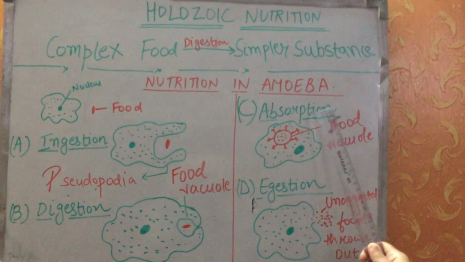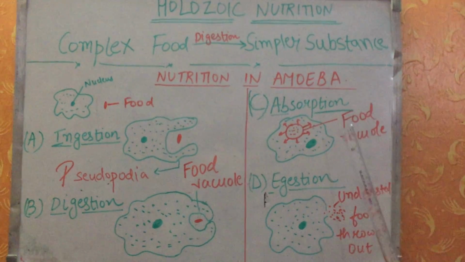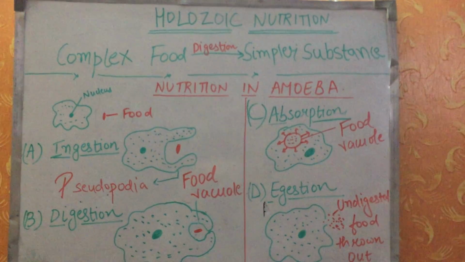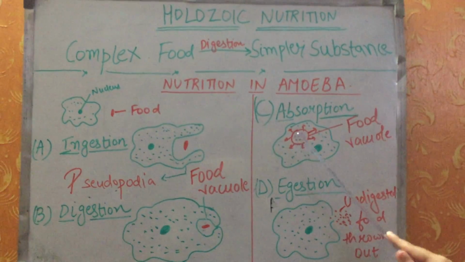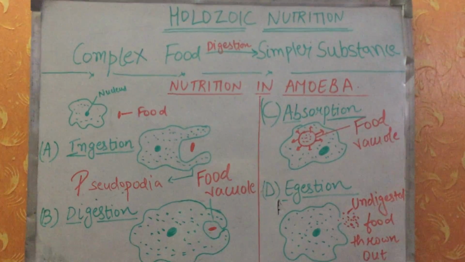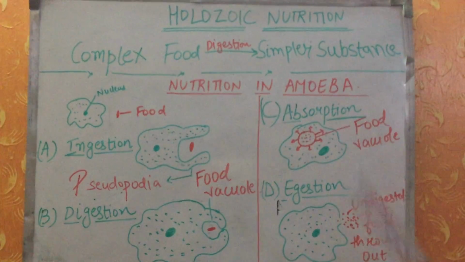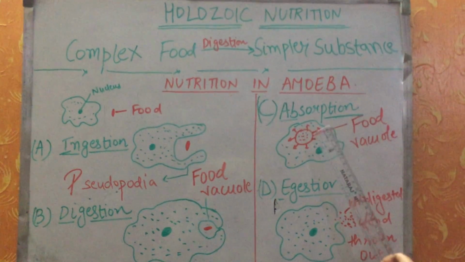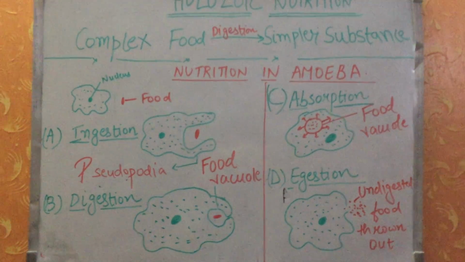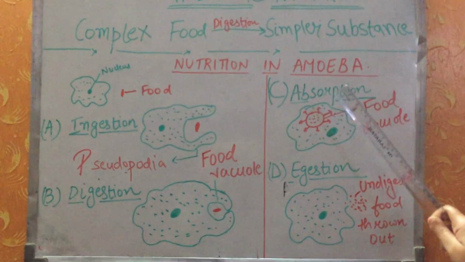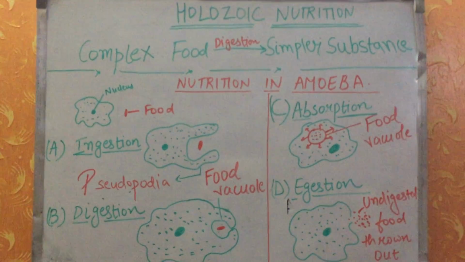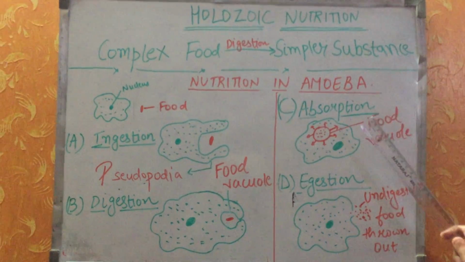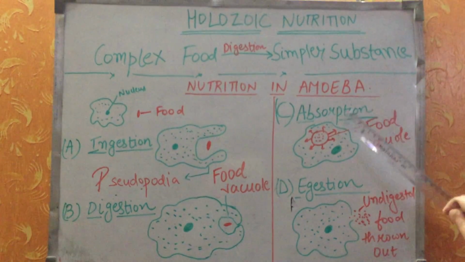The third is absorption. Now, once the food is taken inside, ये जो red है, this is the food vacuole. Food is present inside this food vacuole. This food vacuole will release enzymes. ये food vacuole enzymes release करेगा जो food को break down करेगा. Now, when this food is broken down, what will happen? ये छोटे छोटे parts में जो food है ये break down हो जाएगा and then it will be absorbed by